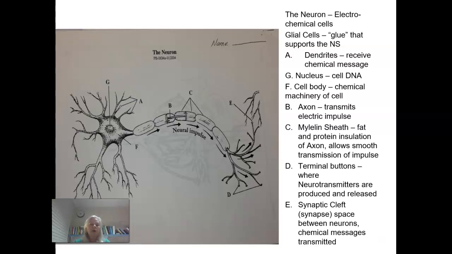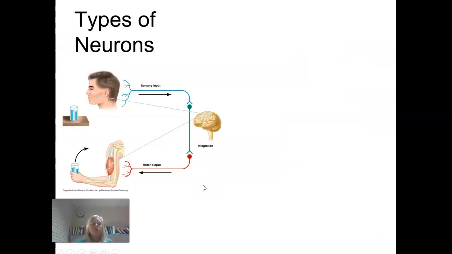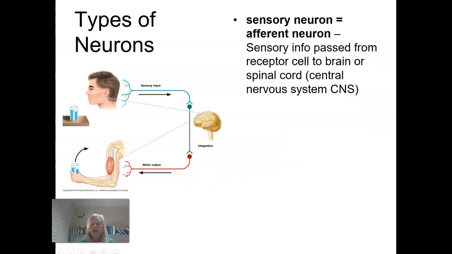Now I would write this next part just right in this area down here. There are 3 types of neurons. So right now, if you are holding your pencil, there are some neurons right under your skin, some receptors that can feel the sensation of touch and of pressure. And that information is carried by afferent neurons up to the part of your central nervous system that can understand what it is. So I am holding onto this whiteboard marker and I can feel the soft plastic up in this part of my brain in a place called the parietal lobe, and we'll learn more about that later.